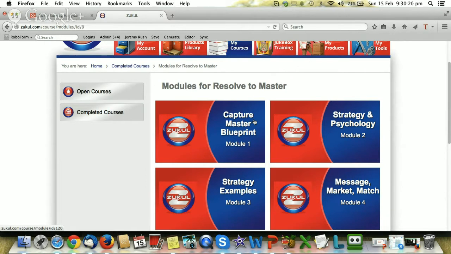Now, it might turn around in a week. It might turn around in a month. It might turn around in 6 months. It might take a year for you to get it done. I don't know what type of person you are, but if you go through these modules and you do them